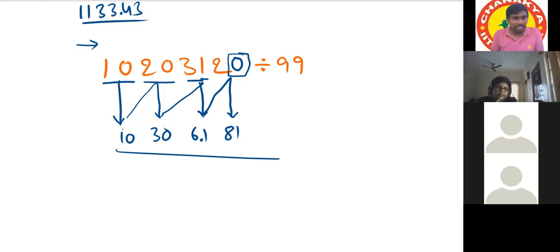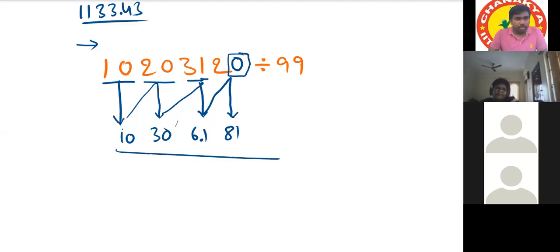Even though an odd number of digits are there, are we making it an even number of digits by adding a 0? Sir, is there any exercise for these odd numbers? For odd numbers of digits, there is no exercise. Okay, sir. You can practice on your own. I will post it in our Google Classroom. You can practice based on this.